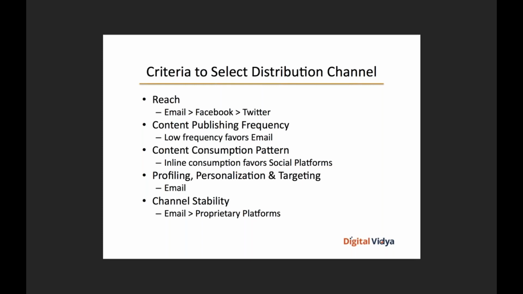We're talking about regular drip email nurture streams or nurture campaigns versus, say, a Facebook campaign to organic audiences, people who already have a certain level of interest in the brand. Email certainly trumps Facebook in that context. And obviously, the lower the frequency, the better, but you need to look at a certain optimum number in terms of frequency of interaction with your target audiences, which is not too spammy and at the same time still adds value for the business.